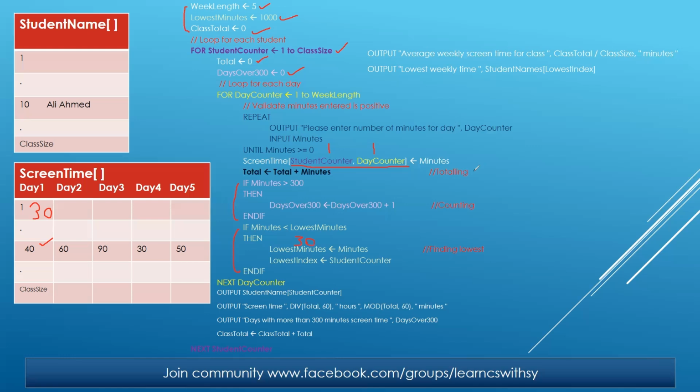In this manner, we performed all the activities and we have mentioned the comments also, like remember the comments. And how do we write down the comments? The use of slashes. The 2 slashes indicate it's a comment. Totaling, then counting, then finding out the lowest value. In this manner, you perform the activity. And then we are done with the first value for the counter. So you can see it will move back to the,